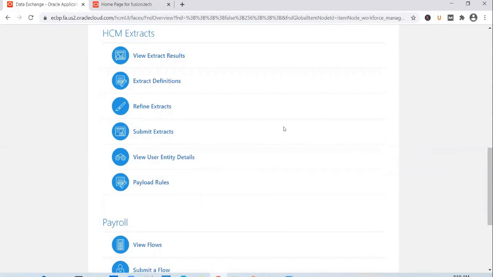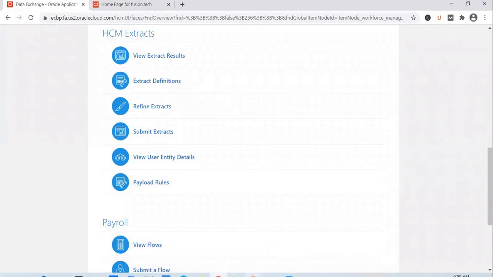You will write the formula, pass on the name back to the functional consultant, and the functional consultant will plug it into the configuration, be it using it in absence type configuration if you have written a formula for say leave calculation, or he might add it to a payroll element entry validation in case you've written a formula to validate the amount. So you will write the formula, the functional consultant explains the use case to you and configures it in the application. Configuring it, in the sense of using the fast formula in the setups, will be the job of the functional consultant. Writing the fast formula is the technical consultant's job.